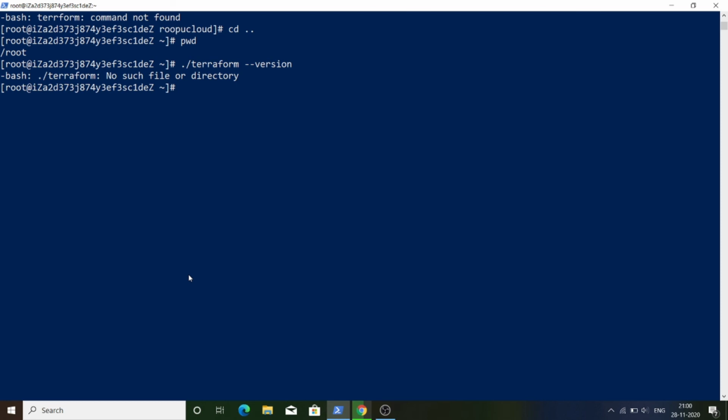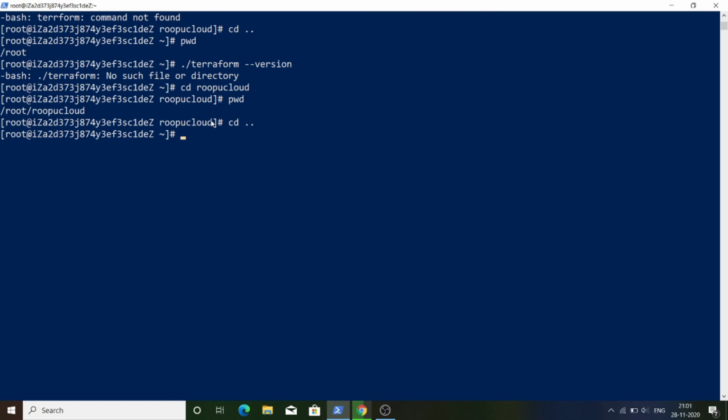To copy the path, go again inside the directory of your Roku Cloud, then press the pwd command. Now you can see this is your path of Terraform. You can copy this path. After that I can come back from that directory.